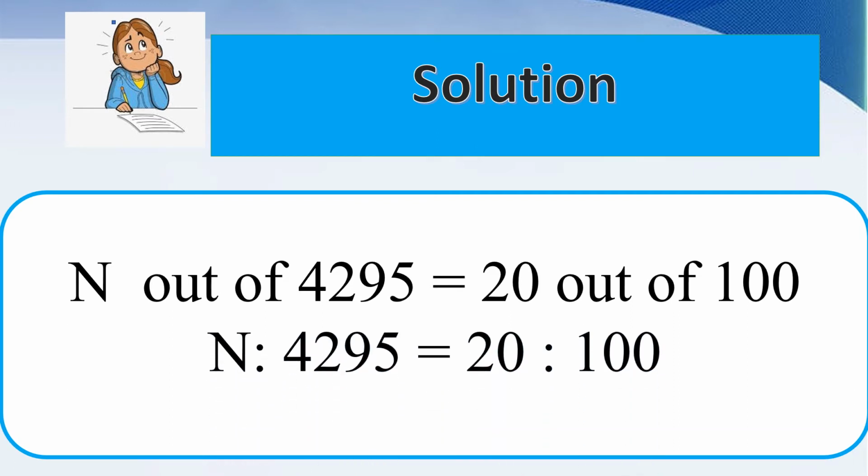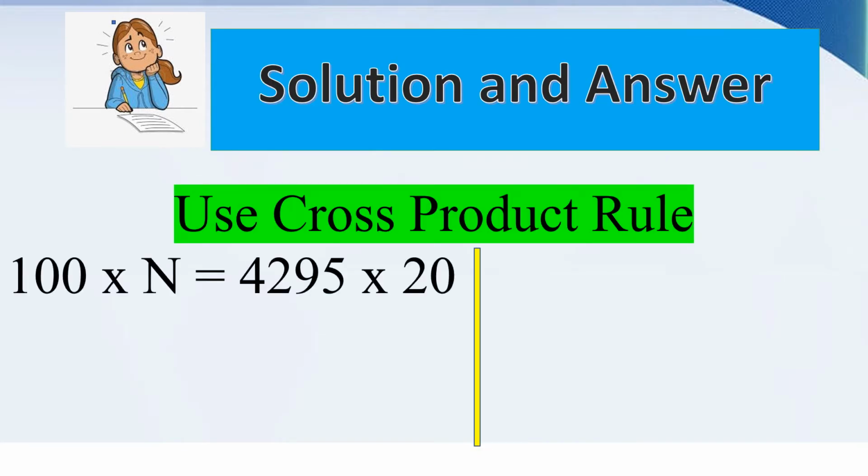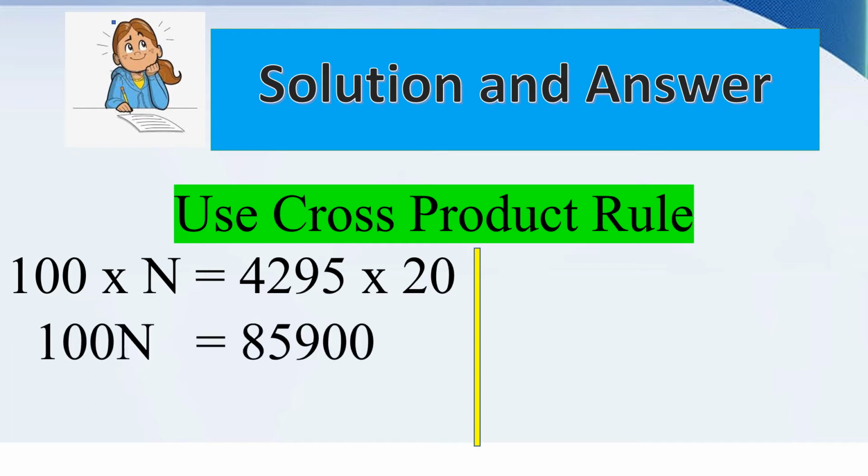N is to 4,295 equals 20 is to 100. By applying the cross product rule, 100 times n equals 4,295 times 20. 100n equals